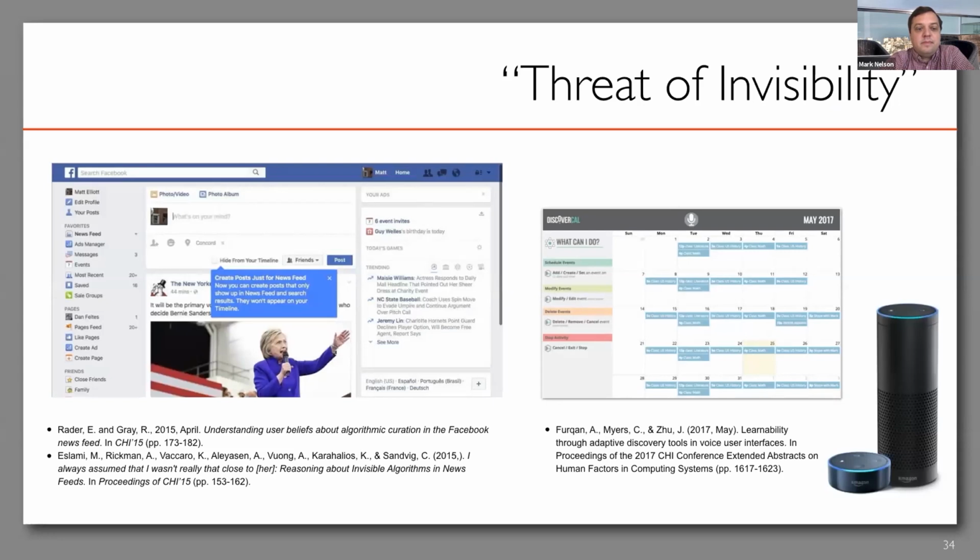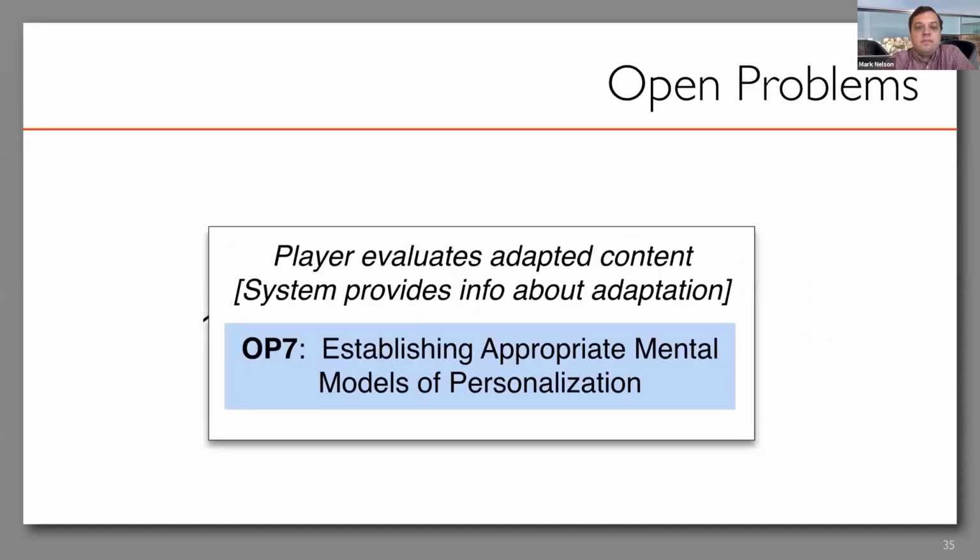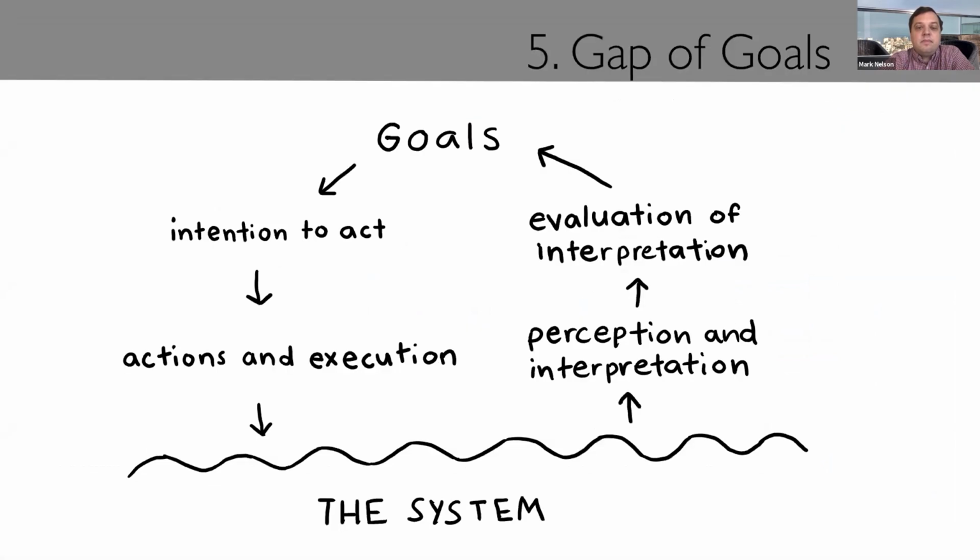Sometimes they form incorrect folk theories that lead to low performance or even negative real-life consequences. In games research, how to help players establish appropriate mental models of game adaptation is still a research topic in its early stage. After the player evaluates the personalized adaptation, she checks to see if she has met her original